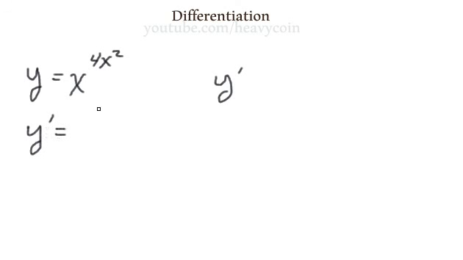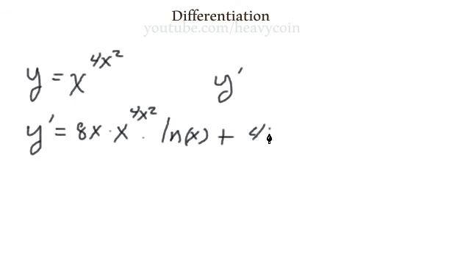So y prime is equal to, now remember, we're going to treat this like it's just a number down here, okay, like the number 3. So we take the derivative of the exponent, which is going to end up being 8x times, and then we just rewrite times the natural log of x, right, plus, now we're going to treat this like it's just a number. Okay, this is x raised to just some number, let's say 7 or something. Right, so we take it, we bring it out front,